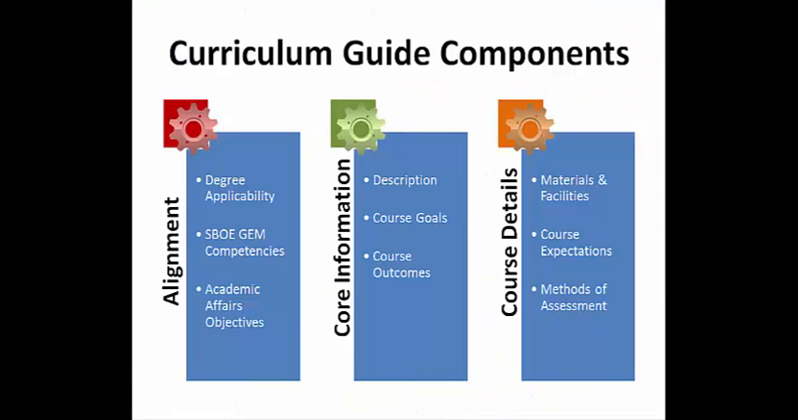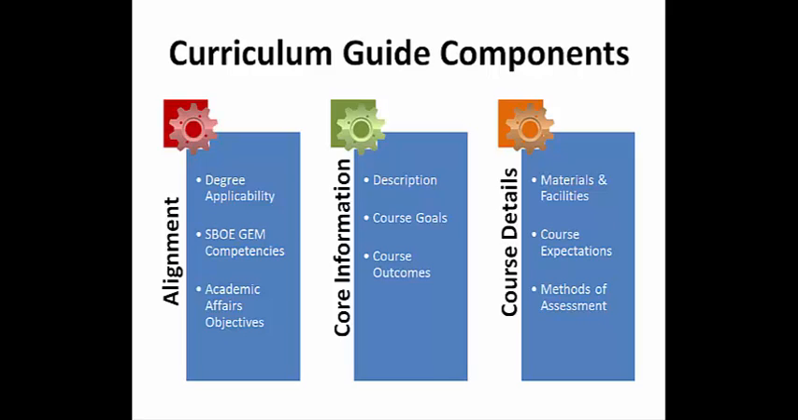I want to start by discussing the main components that you will find within your course curriculum guide, which can be broken down into three main categories: course alignment, core information, and course details. The alignment information provides you with an understanding of how students will be applying this course to their degrees, as well as what general education matriculation competency your course is aligned to. As a reminder, this is either a way of knowing or integrative skill. Finally, it will demonstrate alignment towards the academic affairs objectives of learn to learn, make connections, solve problems, and potentially